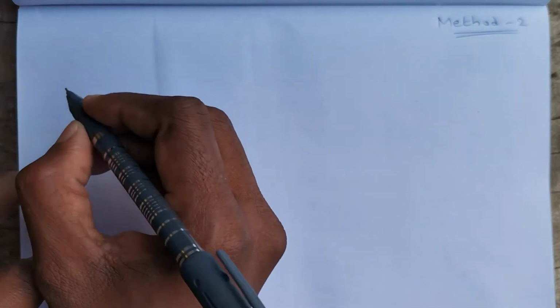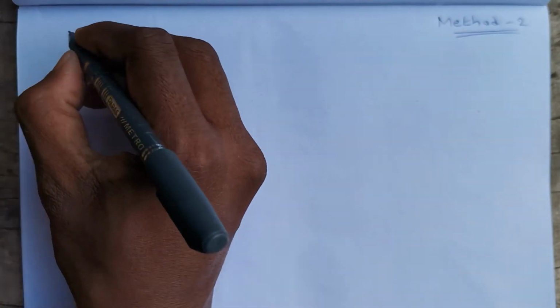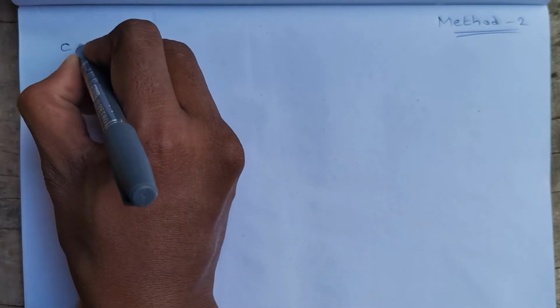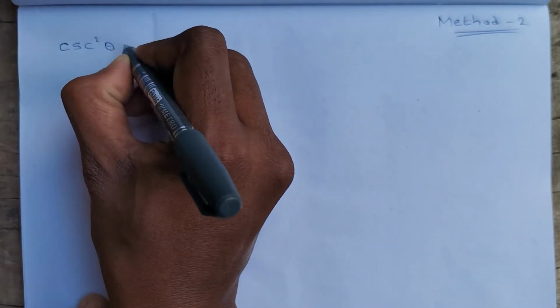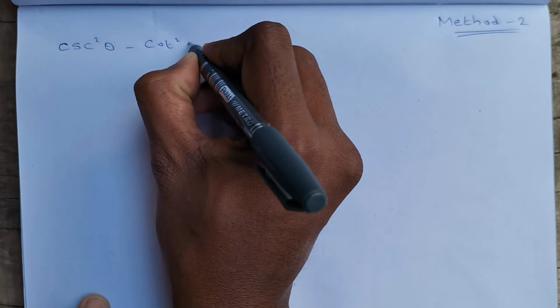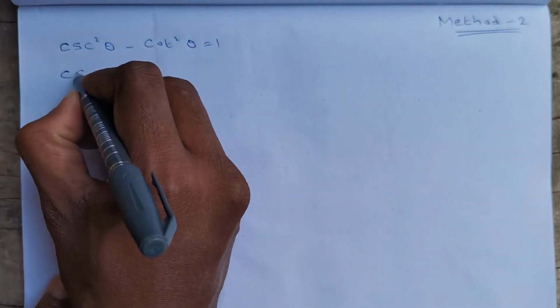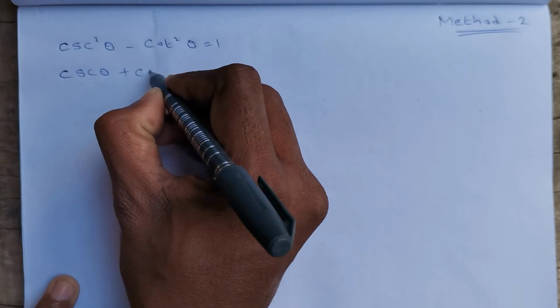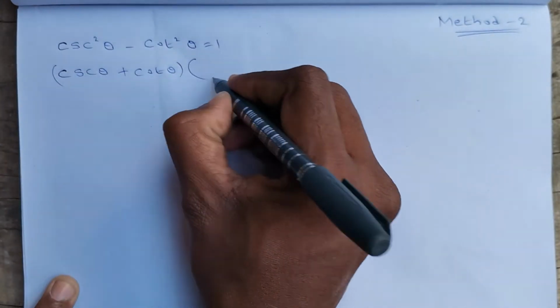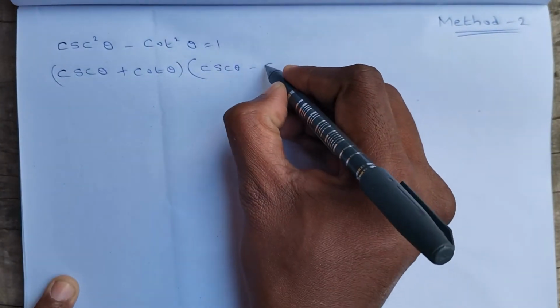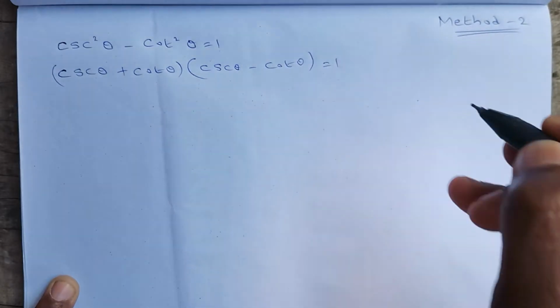Okay, now let us check the second method. He gave cosecant theta plus cot theta is equal to k. So as usual, take the identity related to cosecant and cot: cosecant square theta minus cot square theta is equal to 1. Now the identity is in the form of a square minus b square, so if we expand it, we will get